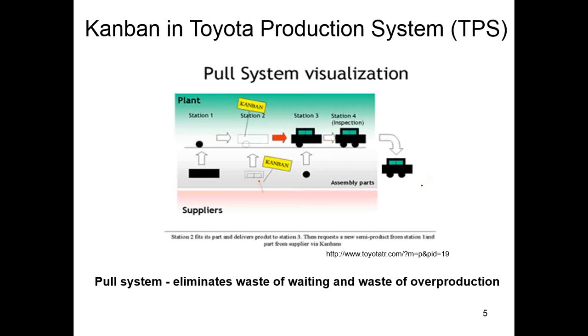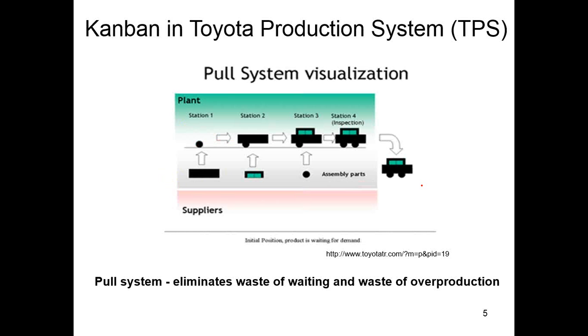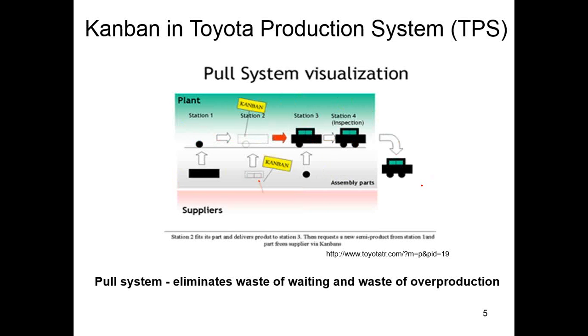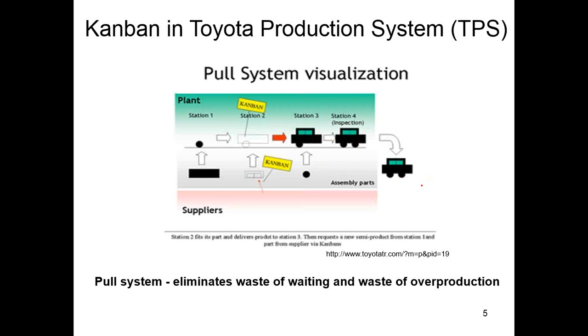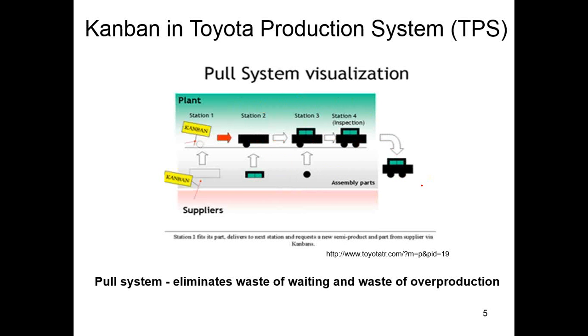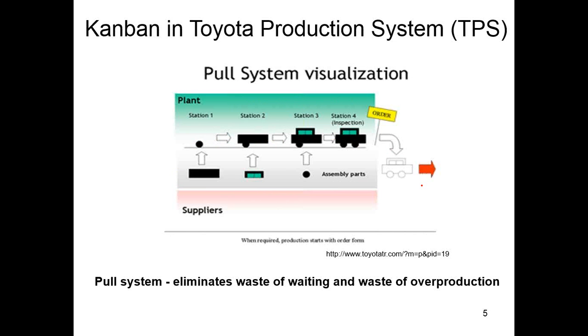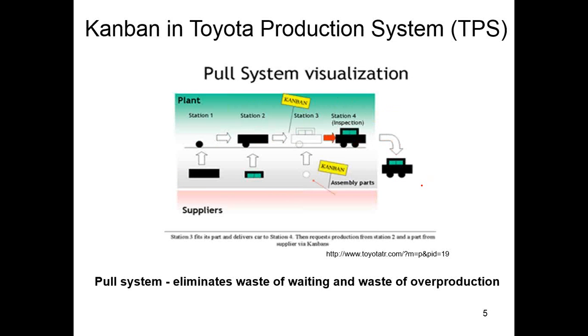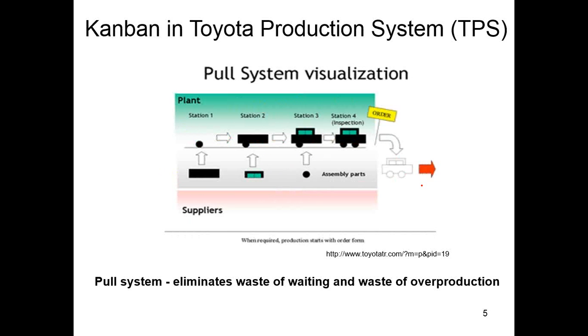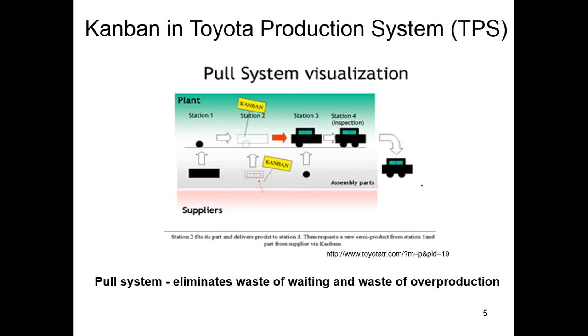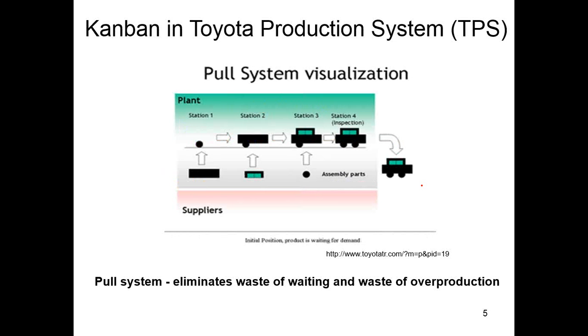One of the fundamental concepts which is part of Kanban in the Toyota production system was the pull system. This was slightly different compared to what used to exist in their competitors, which was more focused on a push-based system. In a push-based system, work basically flows from the top to bottom, and the decision in terms of what needs to be done is taken at a higher level. If you can see the animation here, it represents the production line, and in station 1, which is upstream,